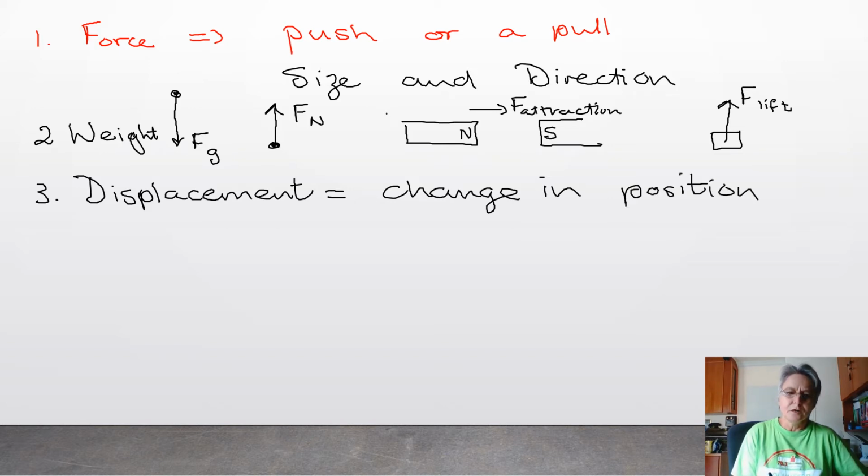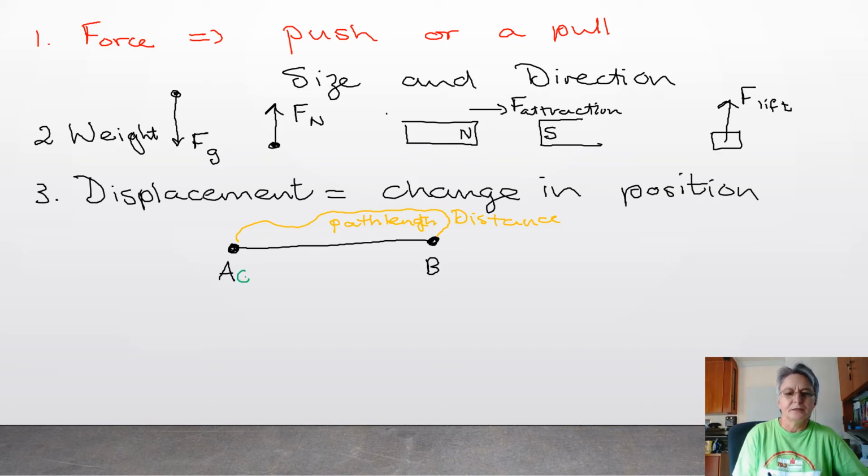So if I was at point A initially, and I went to point B, it doesn't matter what path I followed to get to point B. That's the path length, that's distance. But